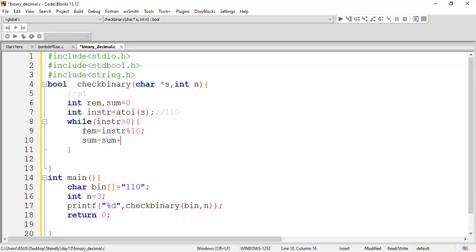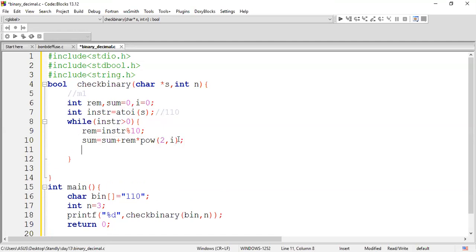For this we will be doing power of it, star power of 2 comma i value. This i value has an initial value of 0. First is 2 power 0, then 2 power 1, 2 power 2, right? So we can have 2 power 0 first, and for the next iteration you can just increment your i value. Guys, you are with me?